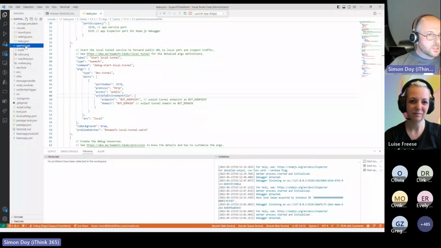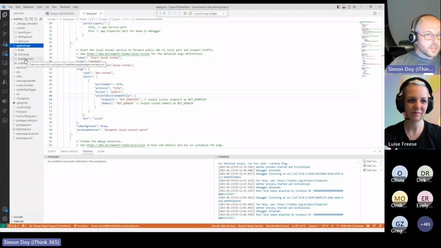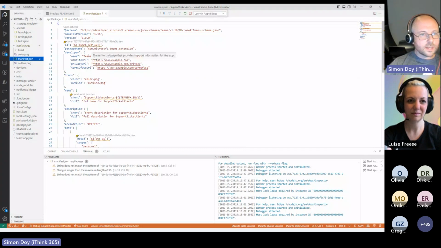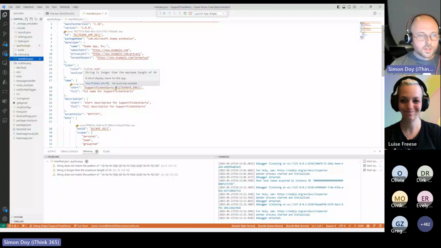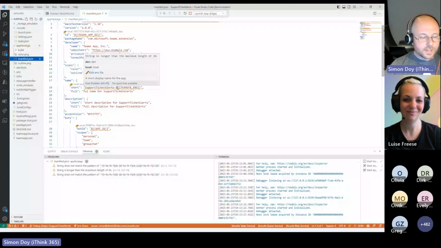So our app package folder, we've got, as Luise was talking about, the different icons in there. We've got a manifest JSON in there, and again, it's got the tokens which are going to get replaced. We can change the developer name and give links to the website as we could with Teams apps before. What's really nice, I like, is how you have different environments in Teams Toolkit, and it adds that environment name, so that can help as you're building your applications and moving them through the different environments from